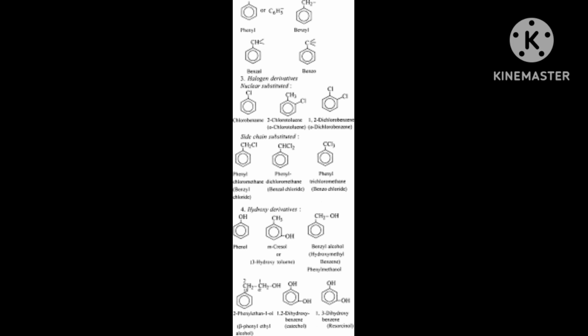If 2 groups are there, numbering should start with the first, and the second should be nearest to the first, continuously first and second, so they get the lowest numbers. Okay, then the compound is named